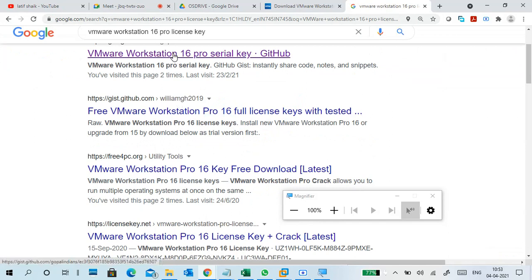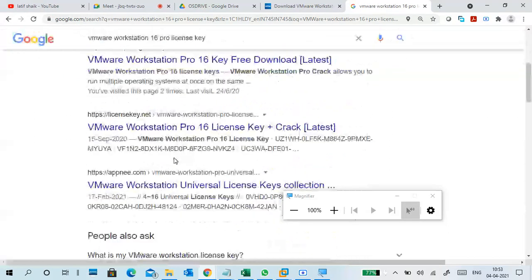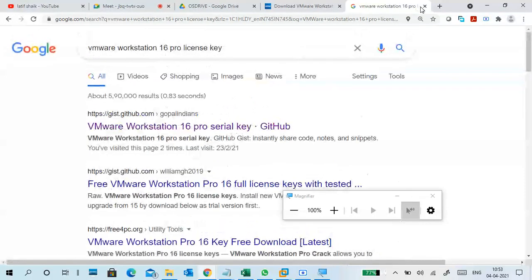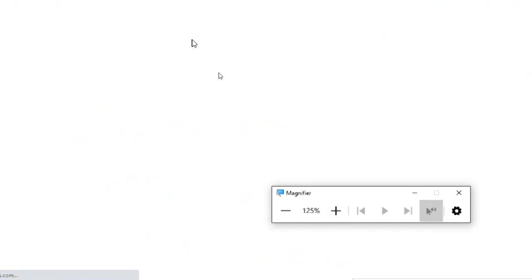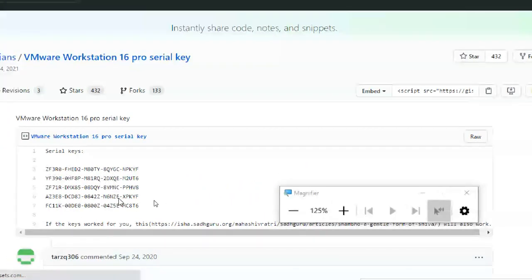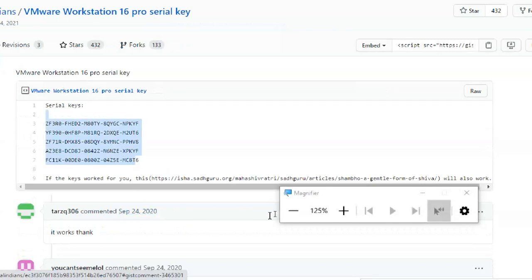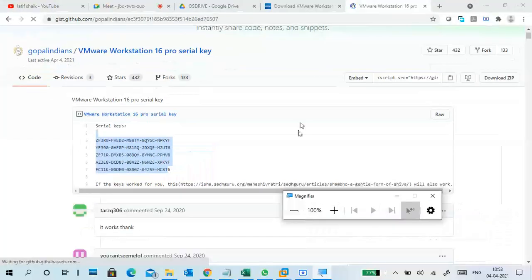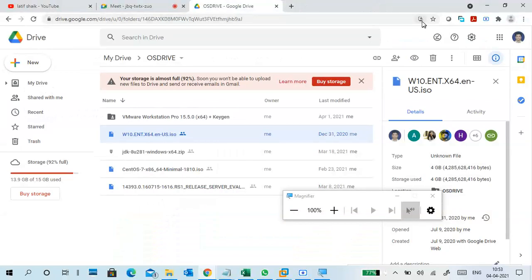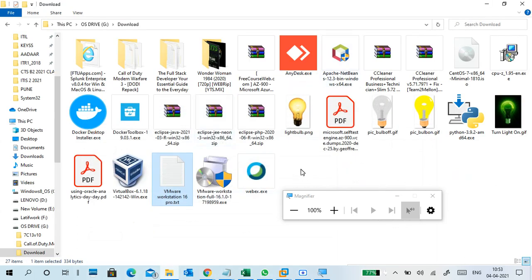Okay, this is where I'm using it from. Otherwise you can search online. You will get a lot of keys. Guys, I am telling you about the keys, and it is also in the recording. So you can see the keys are showing here. I copied the keys from here only. Okay, this is only for educational purposes, not for production purposes.